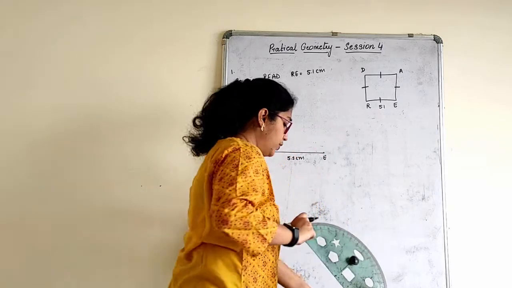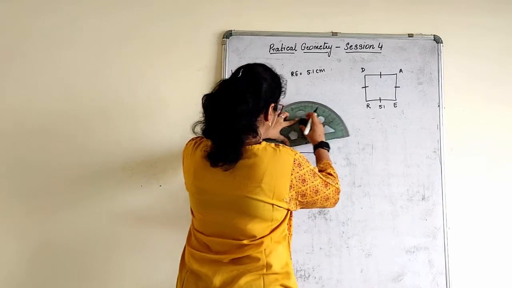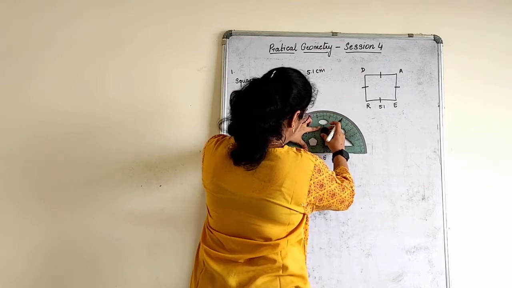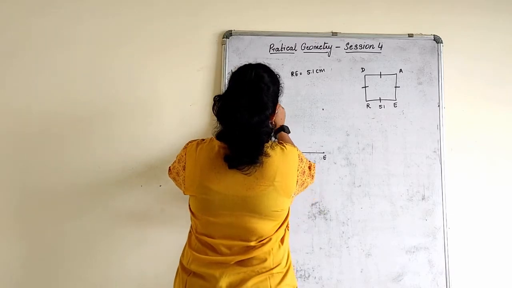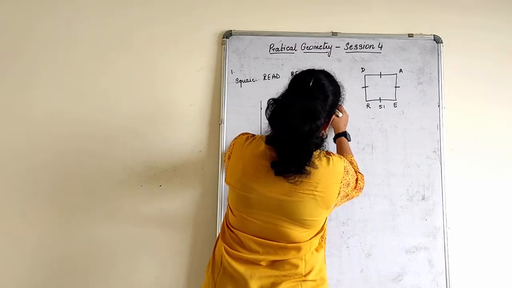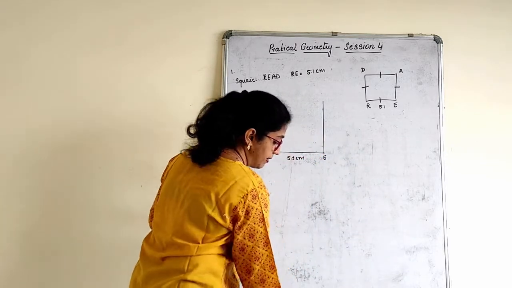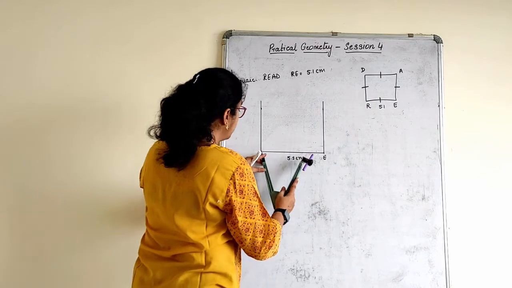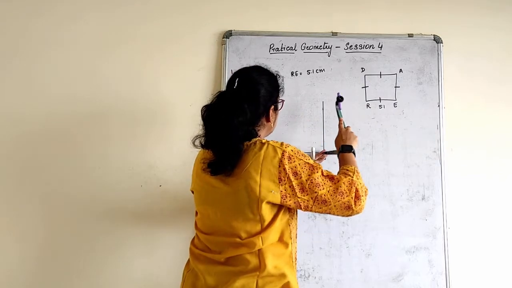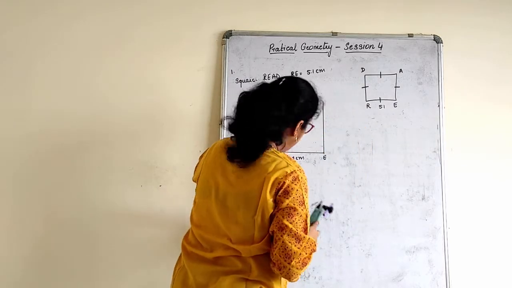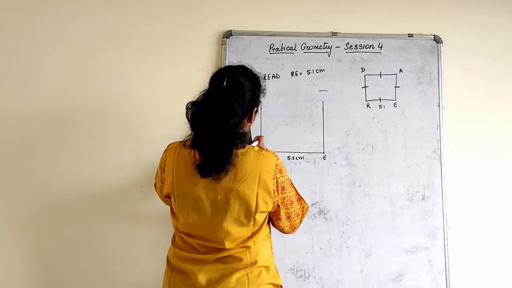Then with your protractor mark for 90 degrees here as well as here. Okay, draw straight lines, draw the lines here for 90 degree, whatever you have cut. Then take your compass again, take 5.1 because in a square all the sides are equal, the same measurement. Keep your compass, cut here, keep your compass, cut here. My arcs are here. I need to extend this line.